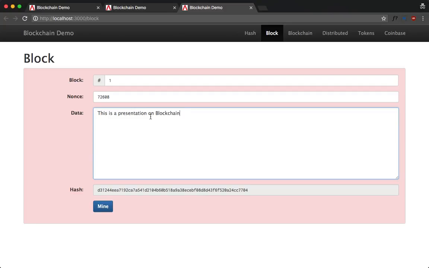What happens during mining is that the value of nonce keeps on increasing until a particular hash is found. This hash needs to follow a set of rules. For example, it can be that the first four digits are zeros, or the last four digits are zeros, or maybe it's divisible by 9 or something like that. So there is some sort of work that happens by your node to create this block. Let's click mine and wait for the result.